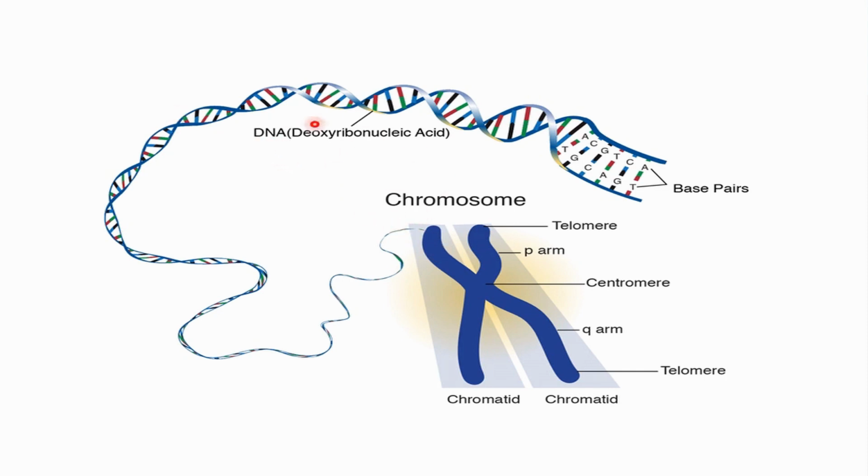So this is a DNA, deoxyribonucleic acid. This deoxyribonucleic acid makes these chromosomes. A lot of DNA strands together form the chromosome. When you look at this very carefully, this part, for example from here to here, we can call it a gene. A part of DNA we call a gene. And as you know, DNA is a double helix, double stranded, with base pairs. So this is just a general idea of what a chromosome, DNA and gene are.